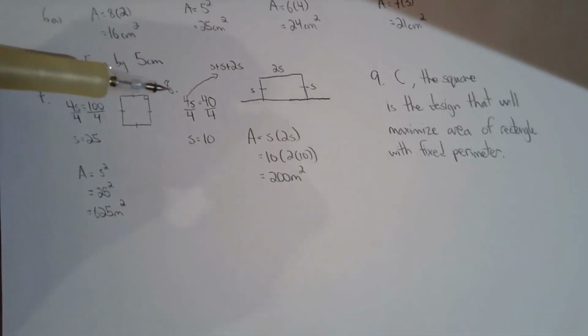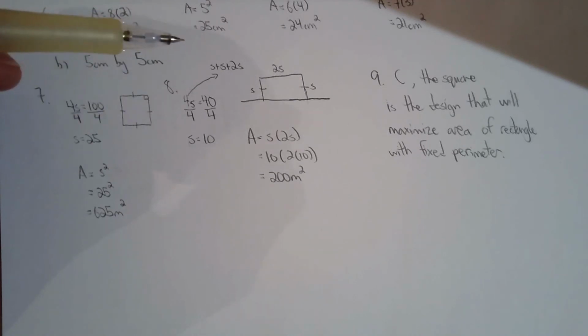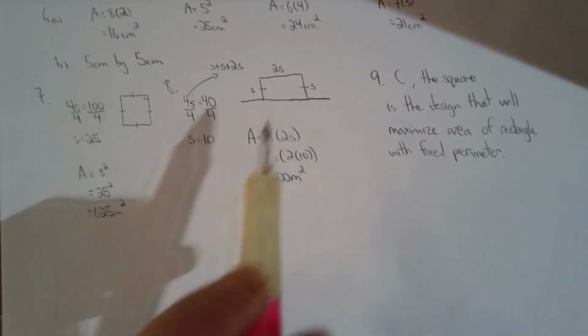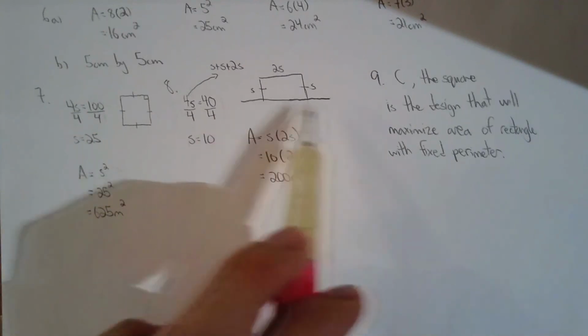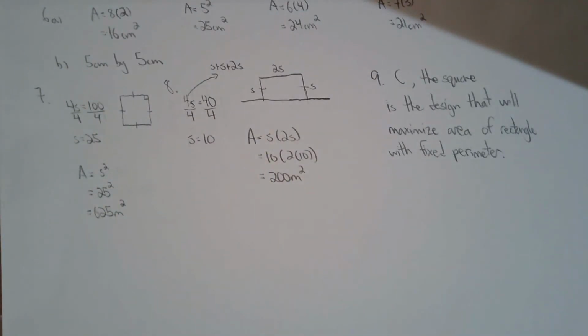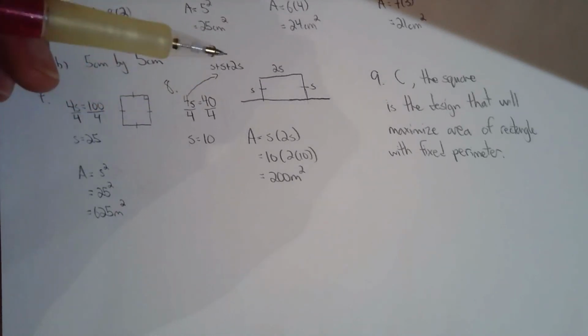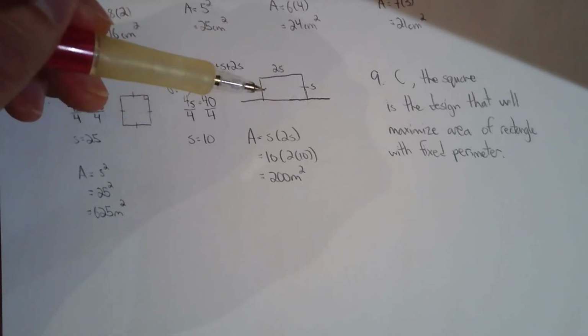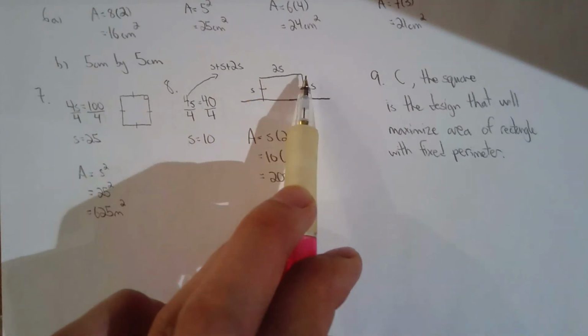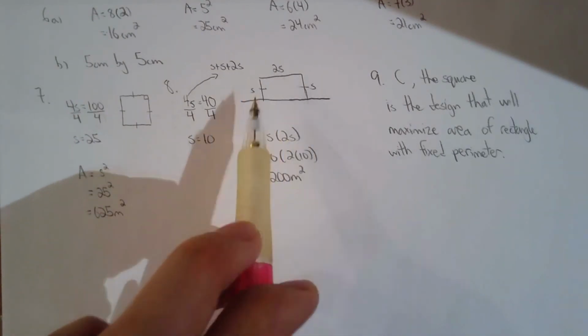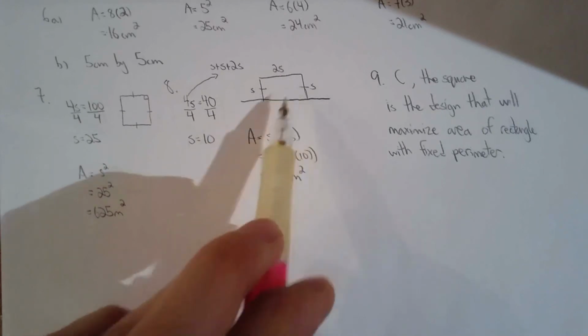Okay, number 8 is a 3-sided fencing situation. Okay, so they're using the hedge to act as one side of the rectangle. Okay, and that makes sense. If you want to save money, you want to make use of a wall or a hedge or something. So for the 3-sided fencing situation, you need to remember the perfect design is the double square rectangle. So that means this side opposite to the hedge is twice as long as the other sides, the sides that